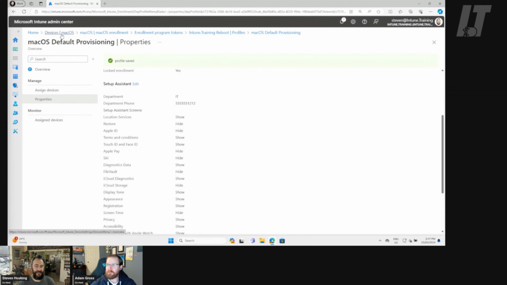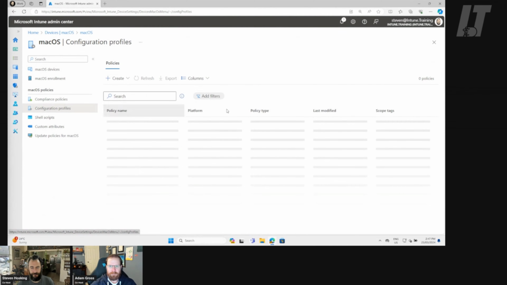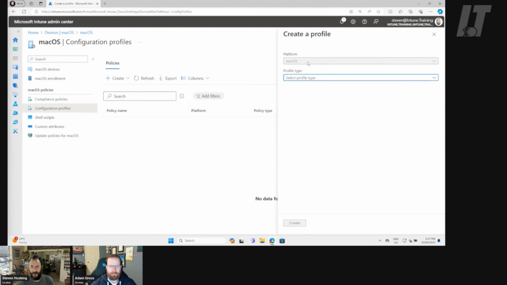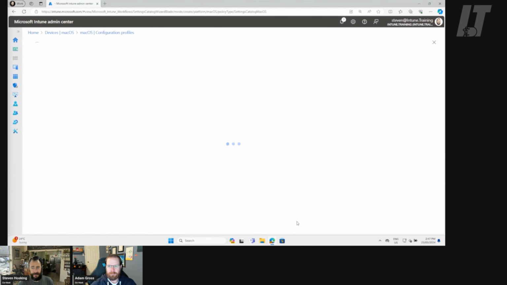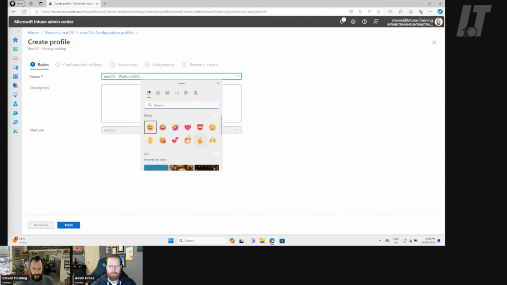So the next part that we're going to step into is, we're going to go back to macOS, and go to configuration profiles. In here, we've not really got much, or nothing. We're now going to create a new policy, and we're going to use the setting type of settings catalog, which is awesome, nice and easy, and it's typically what we use everywhere else. We're going to go in here and create a new name. We're going to call it macOS Platform SSO, and to keep Ben happy, let's put in an emoji